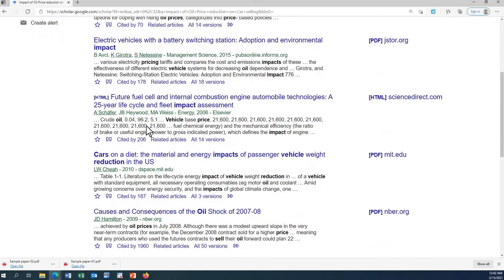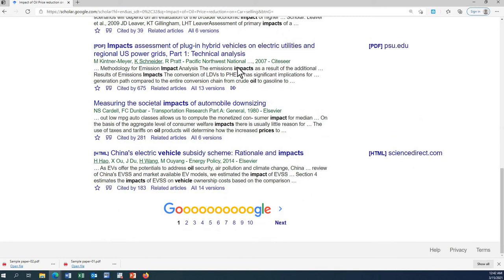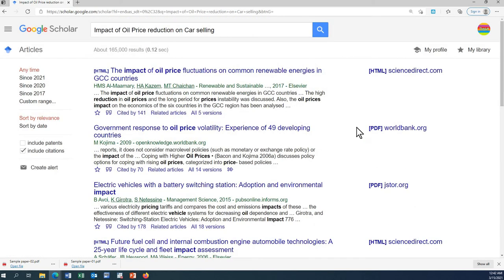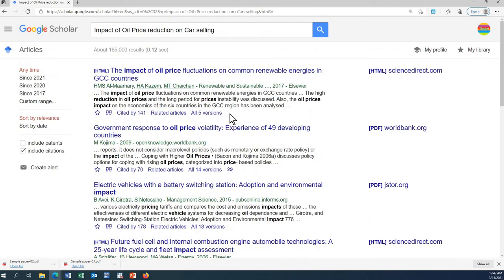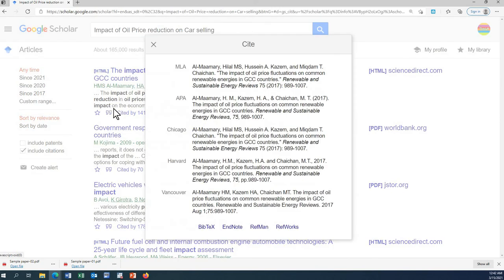These are different things. So you can find articles, papers on your idea. So this is how you will search and you will do the literature review. Okay, and for the citation, meaning for the referencing, so just click over here, cite, and